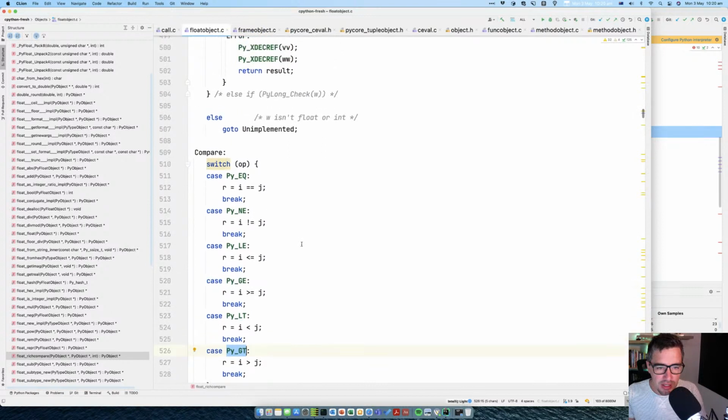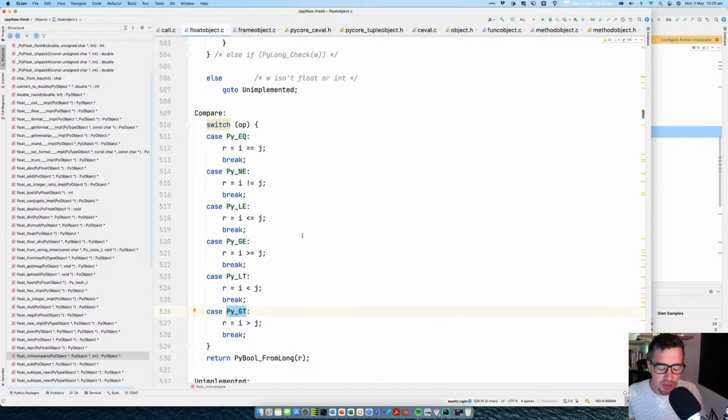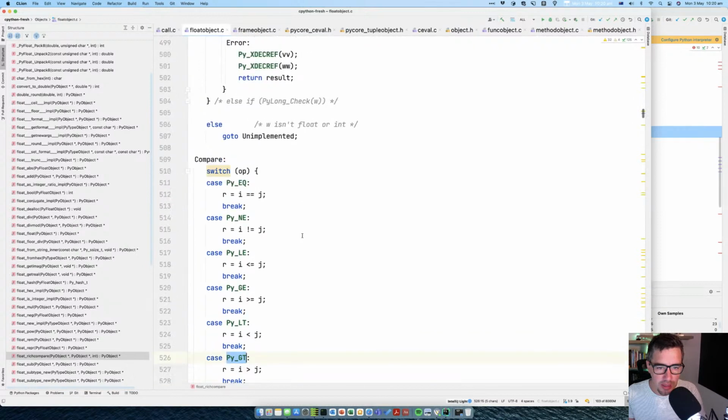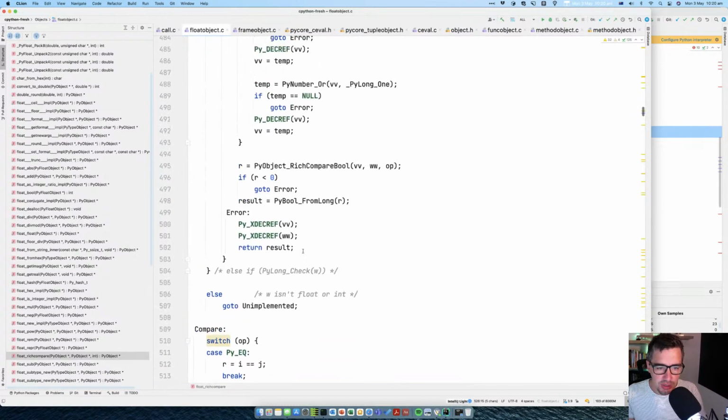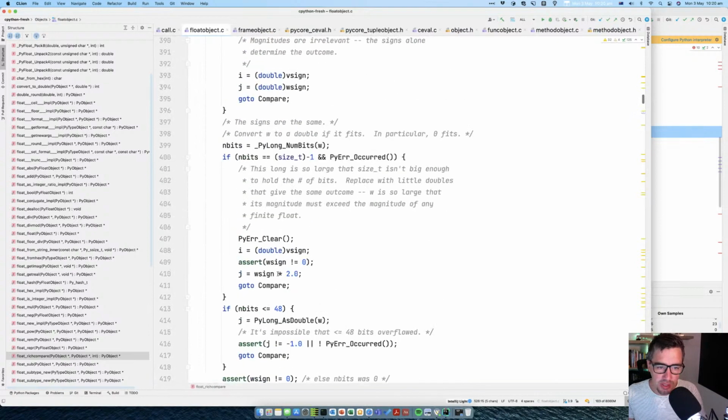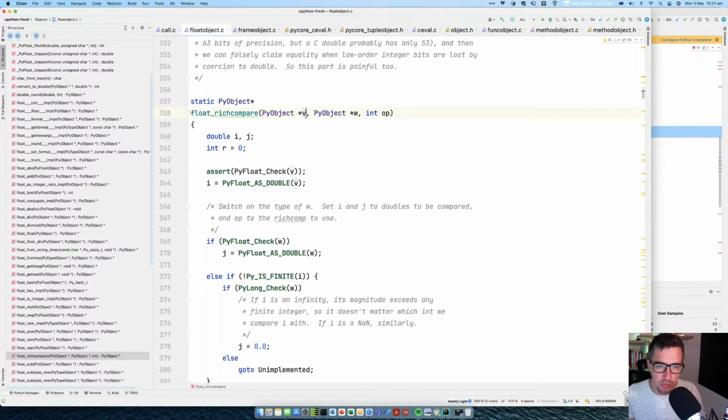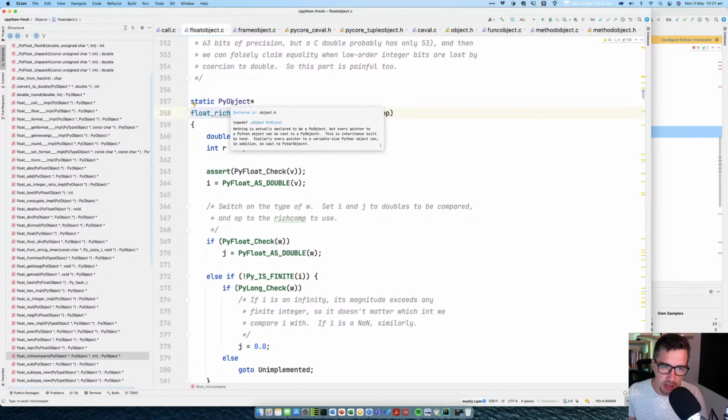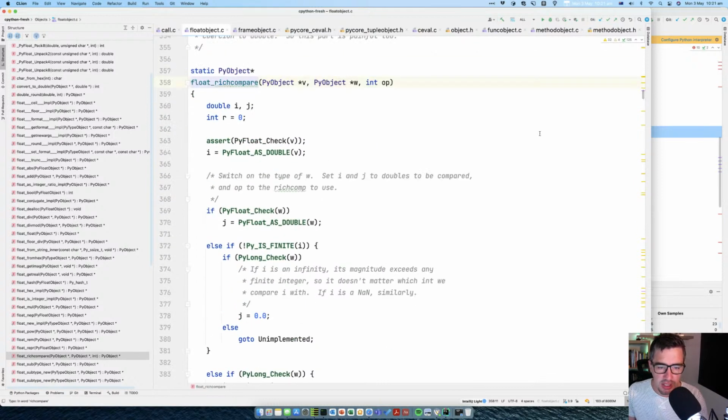So what is interesting is what will happen here is this function will get called with the numbers that we defined, which were 1.0 and 2.5. That will be called with the number 4. At this point, v is a Python object and w is a Python object. This function returns a Python object. That is challenging because what it actually does is it